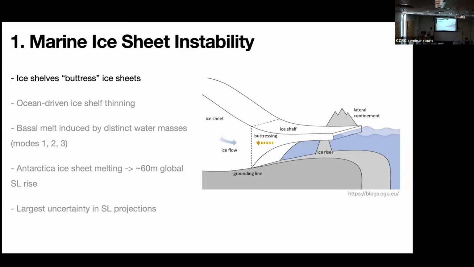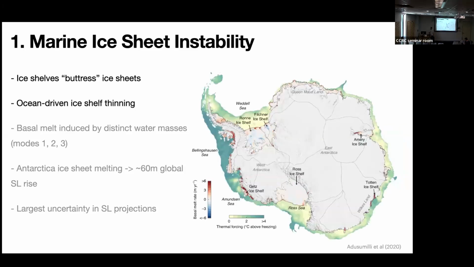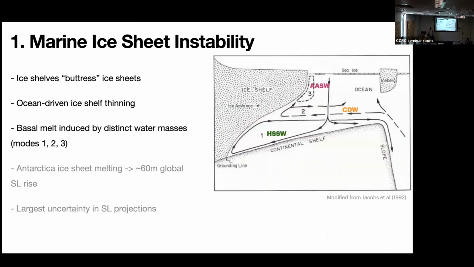Recently, since we have satellites to measure the thickness of these ice shelves, we have noticed that some ice shelves around Antarctica have been experiencing pretty rapid melting and thinning. It has been mostly attributed to ocean-driven basal melt, which can occur in three different modes,